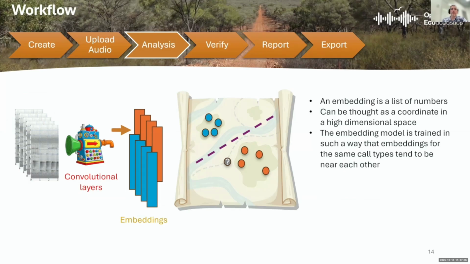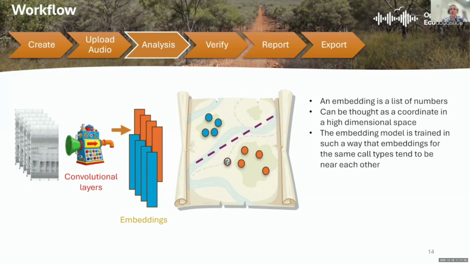These transform raw audio via the neural network into a much smaller representation. A 5-second segment of audio is reduced to just a list of between 1,000 and 2,000 numbers. And those things are called embeddings. The way that it's trained, these embeddings can be compared with each other. A distance between them can be meaningful, and things that are close together in that embedding space are likely to